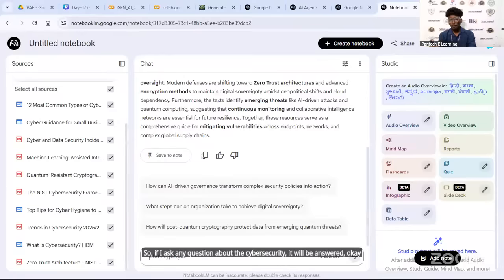Also, basically this is not connected with ChatGPT, because ChatGPT can hallucinate.